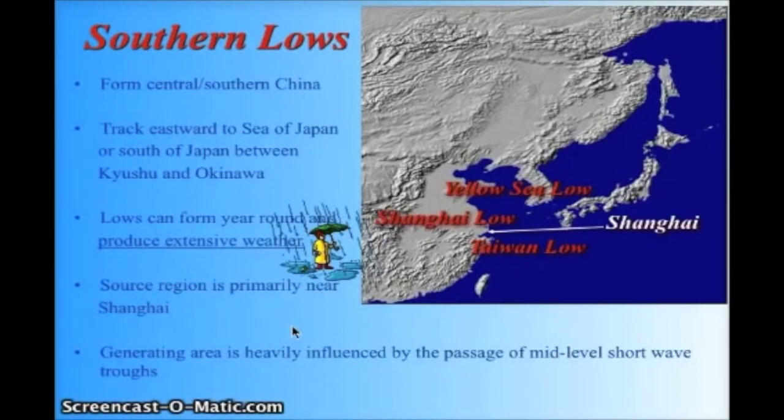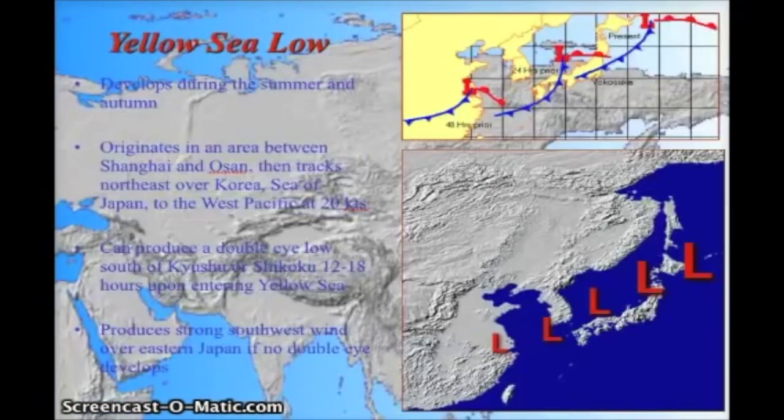The other ones basically form sometimes in the winter, but are much drier than these ones. Now, as we can see on these ones, starting with the Yellow Sea Low, it develops during the summer and autumn, originates in the area of Shanghai and Osan, and then tracks northeast over Korea and the Sea of Japan. So basically, this is a much deeper weather maker, can produce a double eye low, as we noted with the last low. Basically, this breaks up over the Japanese Alps and occasionally can reform south of Honshu here,